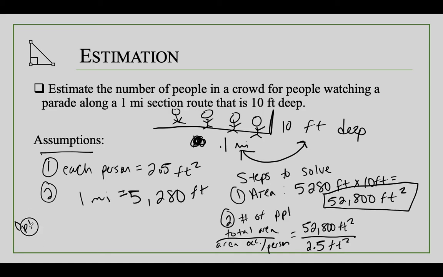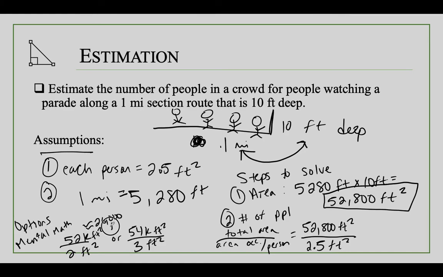So, options for mental math. No, you don't have to know this. I could do 52K divided by 2 feet, or I could do 54K. So in the first one, I would get about 26,000 feet squared. And in the second one, I would get about, let me see, 3, so that'd be 1